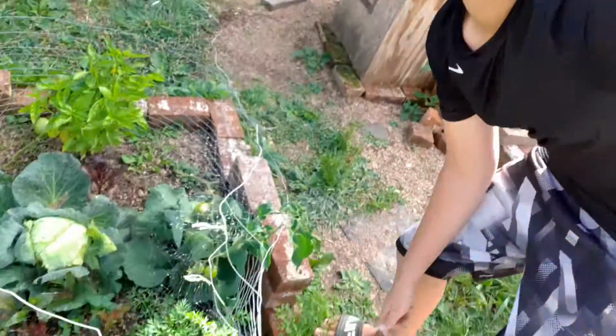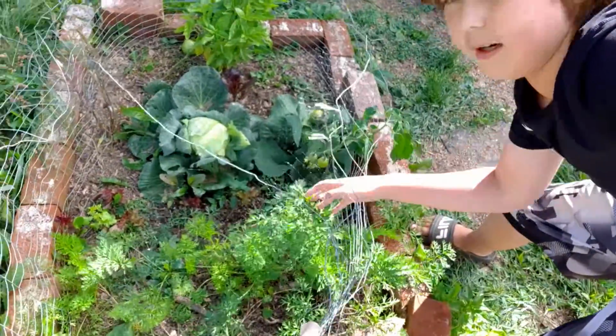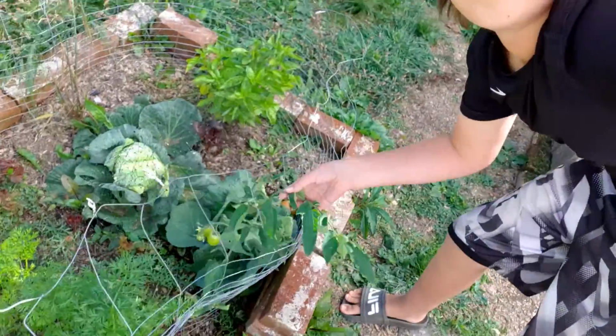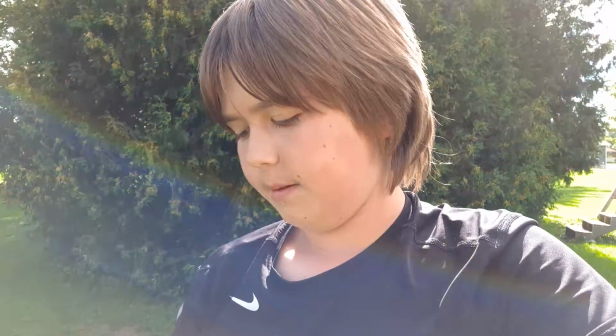So down here, there's some carrots by my hands right there. Some more carrots right there. And then the tomato plant. One tomato plant is right here. And then there's another tomato plant in there on the other side of the basil. But anyway, that's the DIY raised bed garden. It's got some beets in there, some delicious loose leaf lettuce, and the DIY raised bed garden is just doing